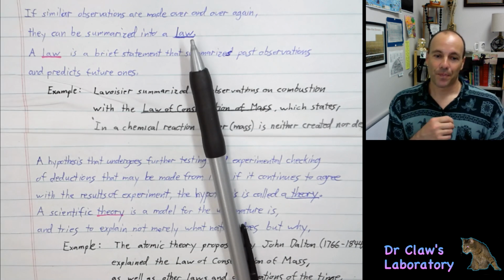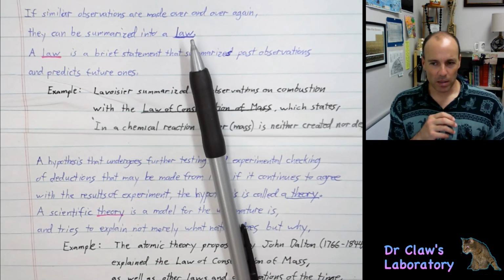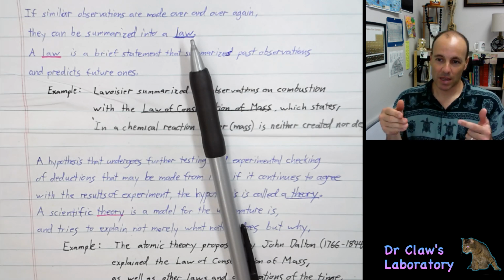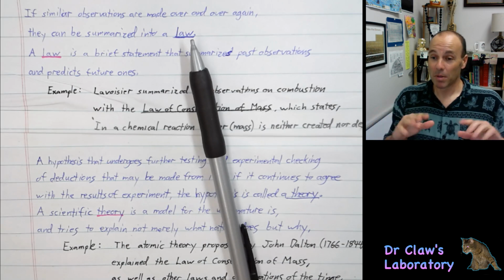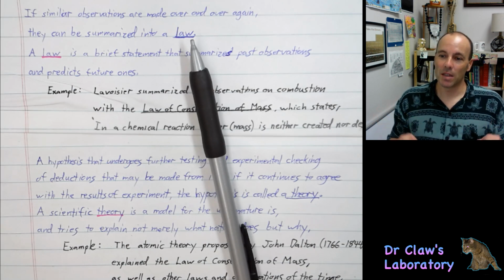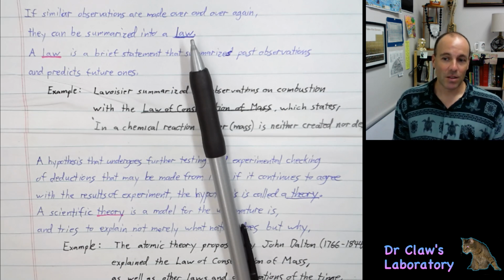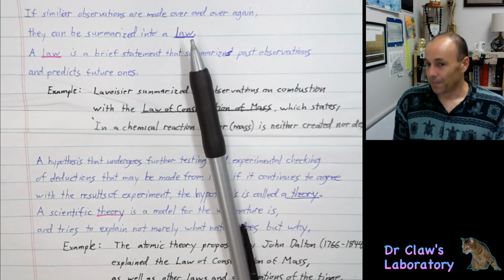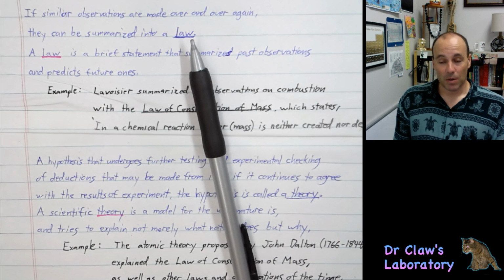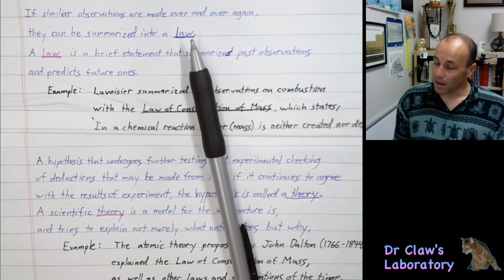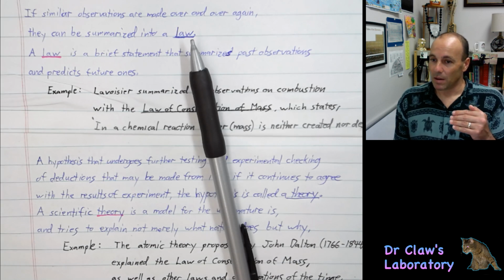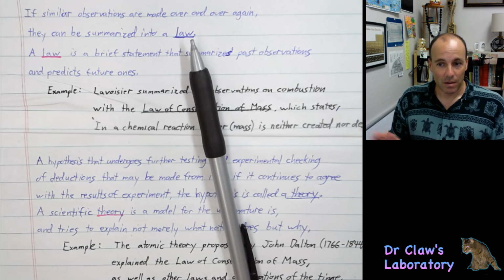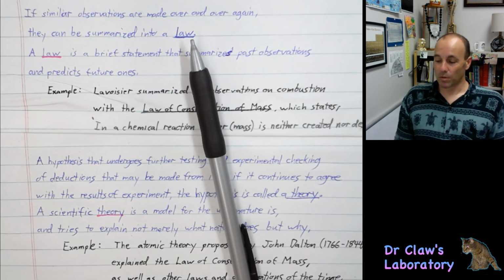So, for instance, Antoine Lavoisier did one experiment, where 12.9 grams gained by the phosphorus is the same as the 12.9 grams lost by the air. But suppose he burned lots of things. Suppose he did hundreds of experiments, and not just burning phosphorus, but burning all kinds of other substances. And suppose that he always saw that the mass increased by what's being burned is the mass that's lost by the air. Well, then that's a pretty general